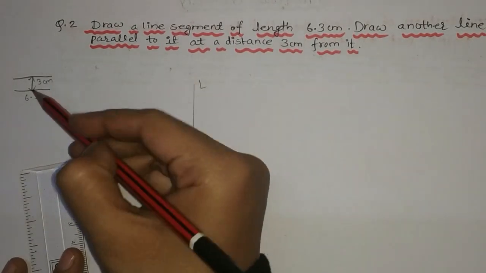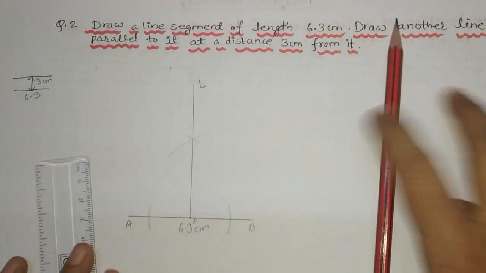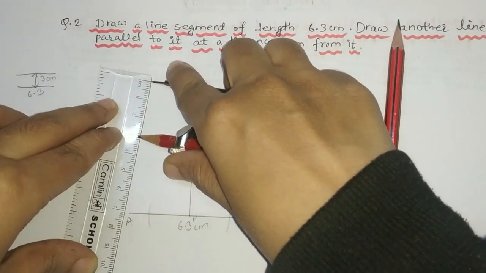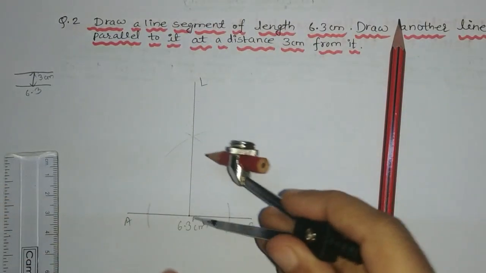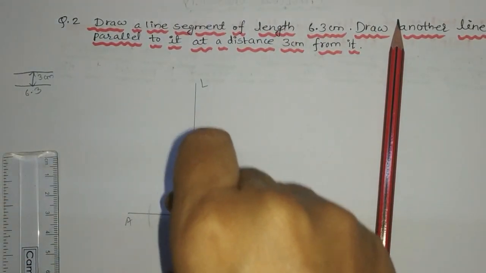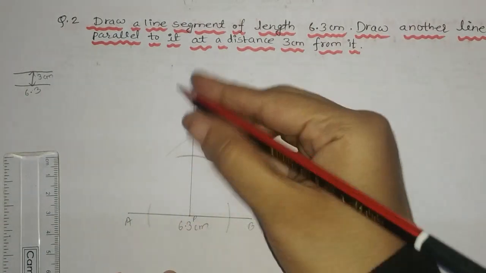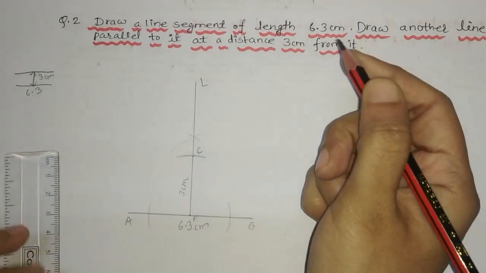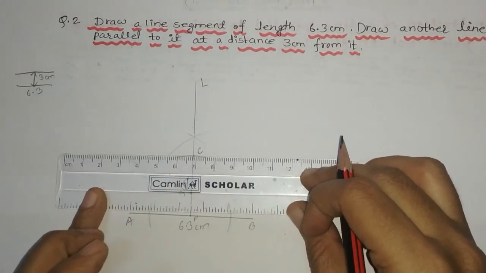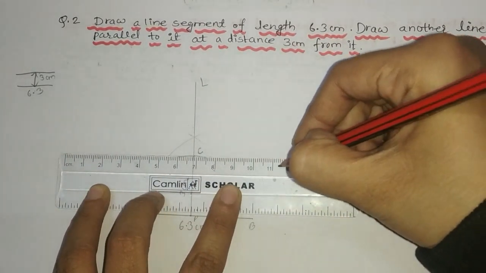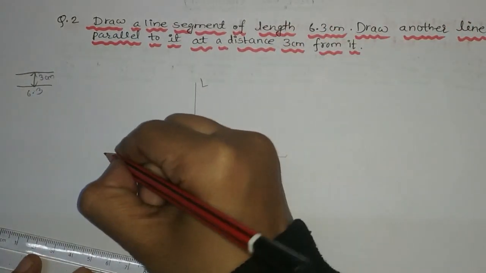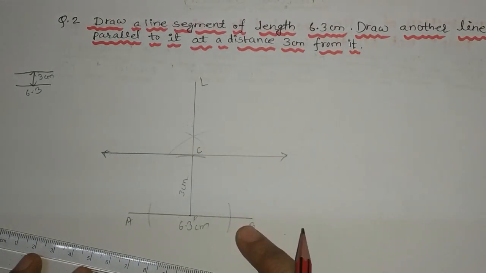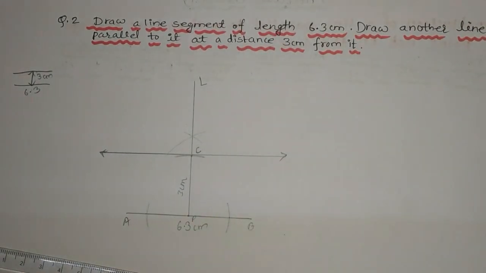Now I want to make a 3 centimeter distance here. So I will take it and measure 3 centimeter distance. At the point P, I will cut off here. I will mark 3 centimeter. This is 3 centimeter. I can give a name here, suppose C. So now simply draw a straight line passing through this C. The line you have made is now a parallel line to this, and it is at 3 centimeter.